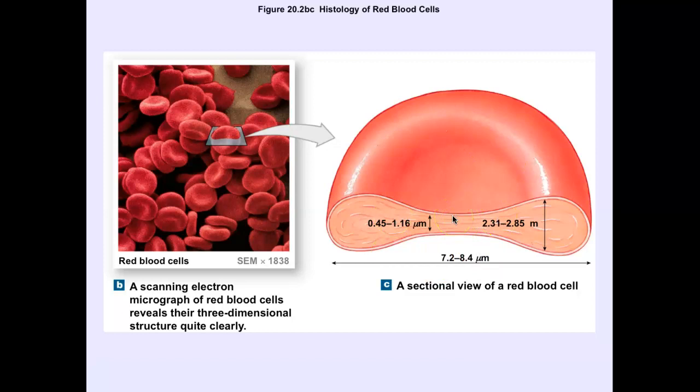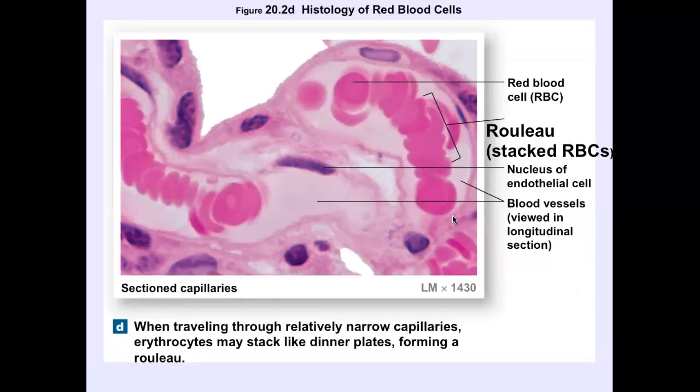All right, let's look at a rouleau. So a rouleau is a fun word, and it's a stack of red blood cells. When red blood cells travel through very small capillaries, remember I said only one fits in at a time, these red blood cells have the ability to stack, like you have dinner plates that stack, and they form this rouleau. And so what this does is it slows down the traffic, the passage of blood within these capillaries,